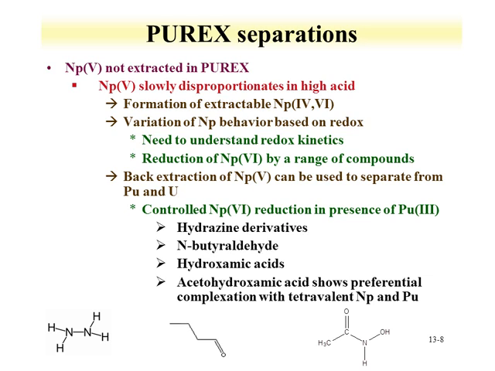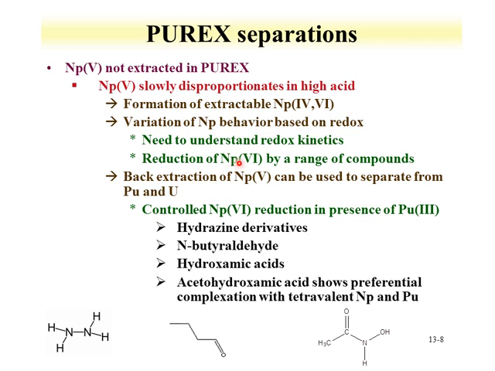We've already discussed the importance of neptunium redox speciation in the PUREX separation. Again, neptunium 5 is not extracted. However, we've also discussed that neptunium 5 can disproportionate in high acid, one of the conditions of the PUREX process, where it can form extractable neptunium 4 and neptunium 6 species. Studies have been performed to understand this redox behavior,